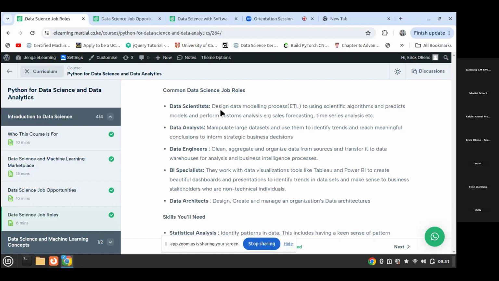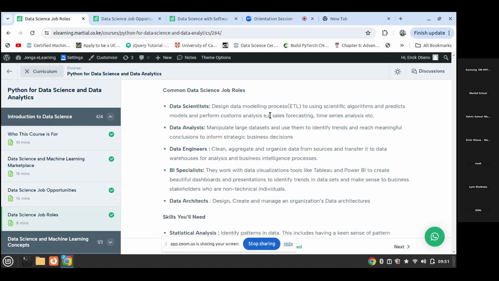So data scientists, their main work is to design data modeling processes using some scientific algorithms and predictive models, and then perform some custom analysis. So let me just make it clear. You as a data scientist, your main role is to build some predictive models.